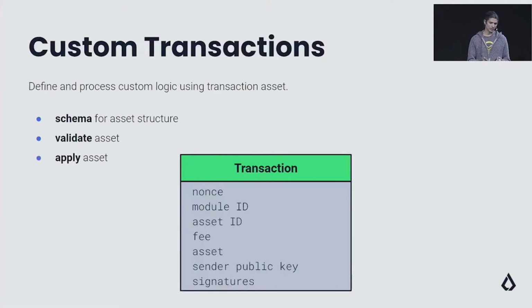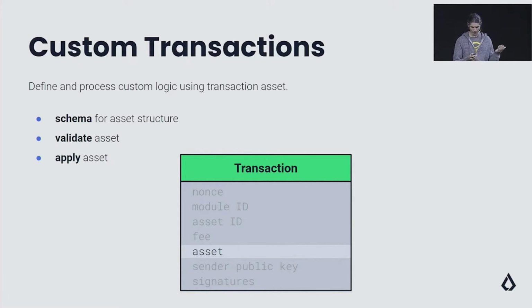OK, custom transactions. Well, this is where all the magic happens. This is what defines and where the custom logic is processed using the transaction asset. A module defines the schema for the asset structure and defines two functions. The first one, validate, to validate the asset, and the second one, apply, to apply the asset and run the custom